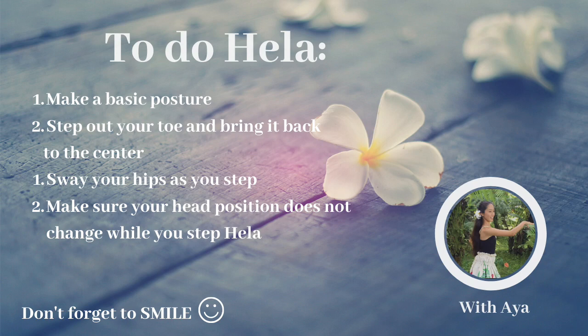Let us review how to do the Hela. First, make a basic posture. Second, step out your toe and bring it back to the center. Sway your hips along the way. Make sure your head position doesn't change